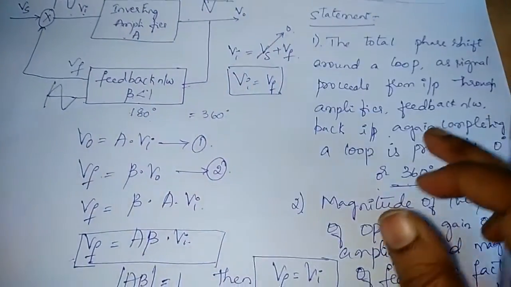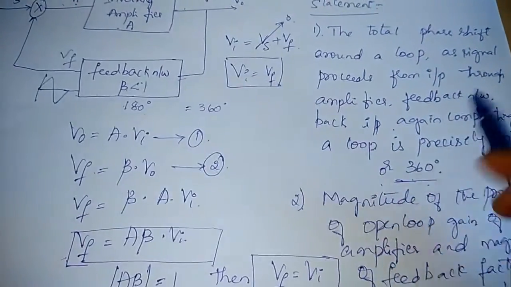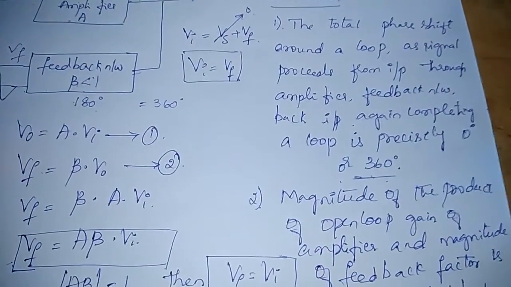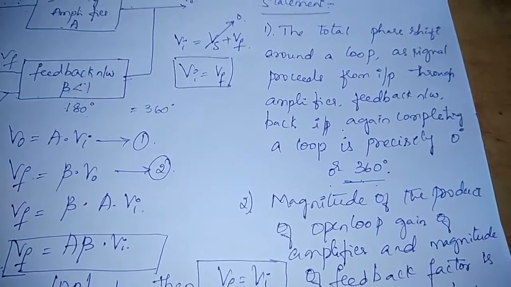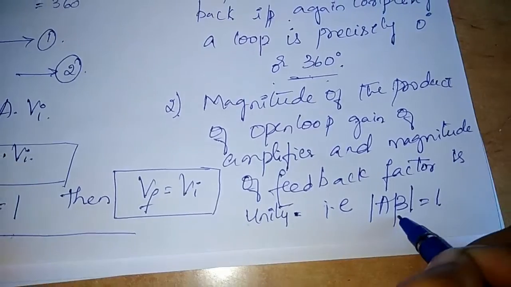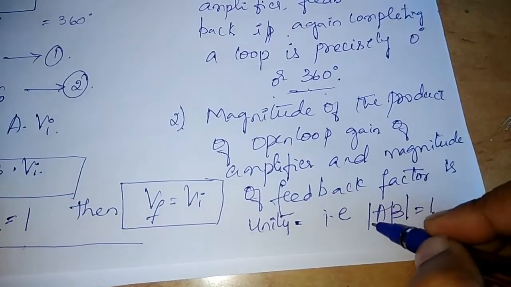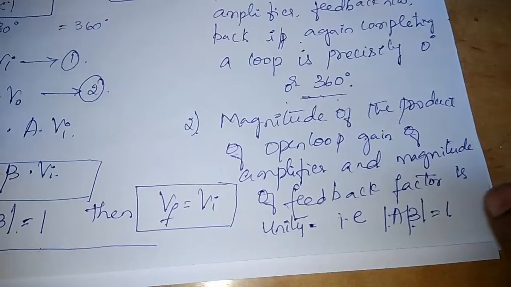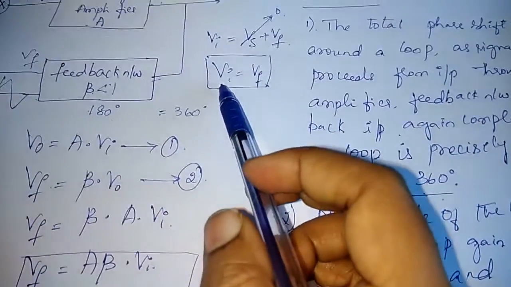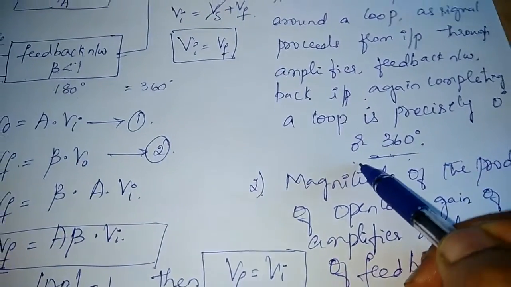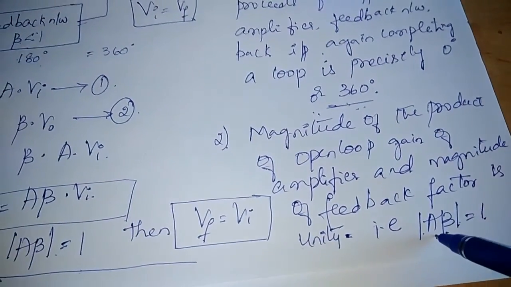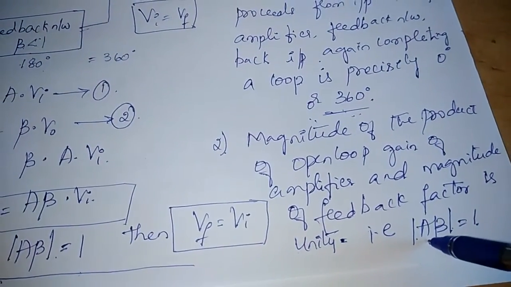These are the necessary conditions for oscillations to generate. If any one of these conditions is not satisfied, you will not get oscillation. There are cases when A beta is greater than 1, and when A beta is less than 1. We'll see the different cases with respect to A beta. But the phase shift should always be either 0 degree or 360 degree only. For the second condition, A beta, we have different cases.